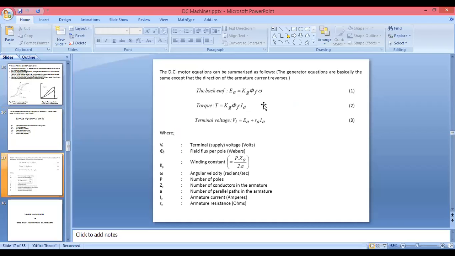When we are deriving the numericals, you will require these equations. Again for the ratio E1 upon E2, you can take it as